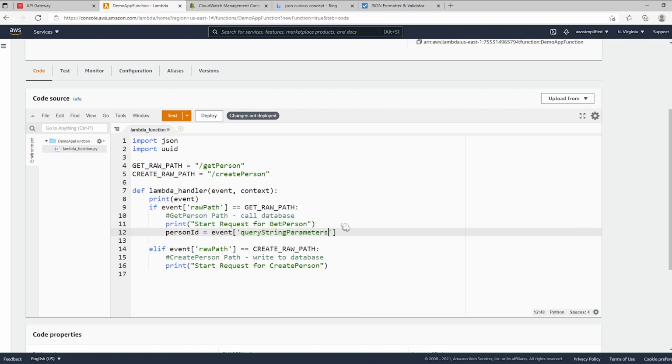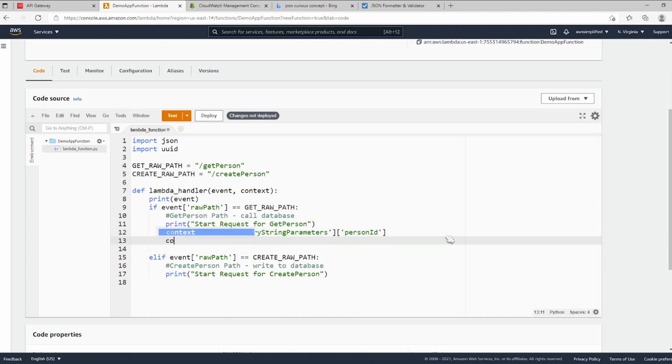And in the event object, we want queryStringParameters and then personId. Remember camel case here or else you're going to screw up. And then let's just log that back, and this is in Node.js, print person ID. Actually, let's make this a little bit more pretty: "Received request with person ID equals to" plus personId, right? And then we can pretend to call a database, call whatever you want to return a